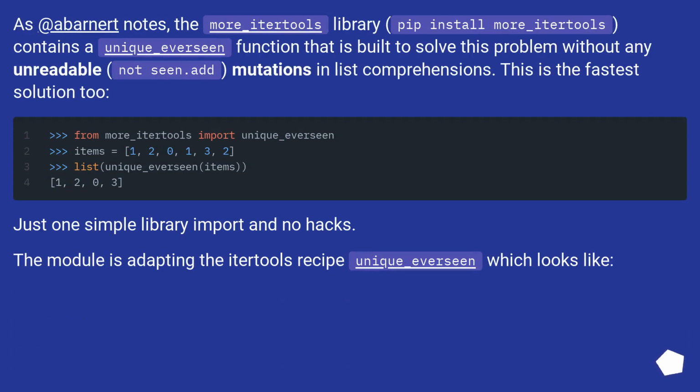As Abinet notes, the more_itertools library, pip install more_itertools, contains a unique_everseen function that is built to solve this problem without any unreadable, not seen.add, mutations in list comprehensions. This is the fastest solution too. Just one simple library import and no hacks. The module is adapting the itertools recipe unique_everseen, which looks like: